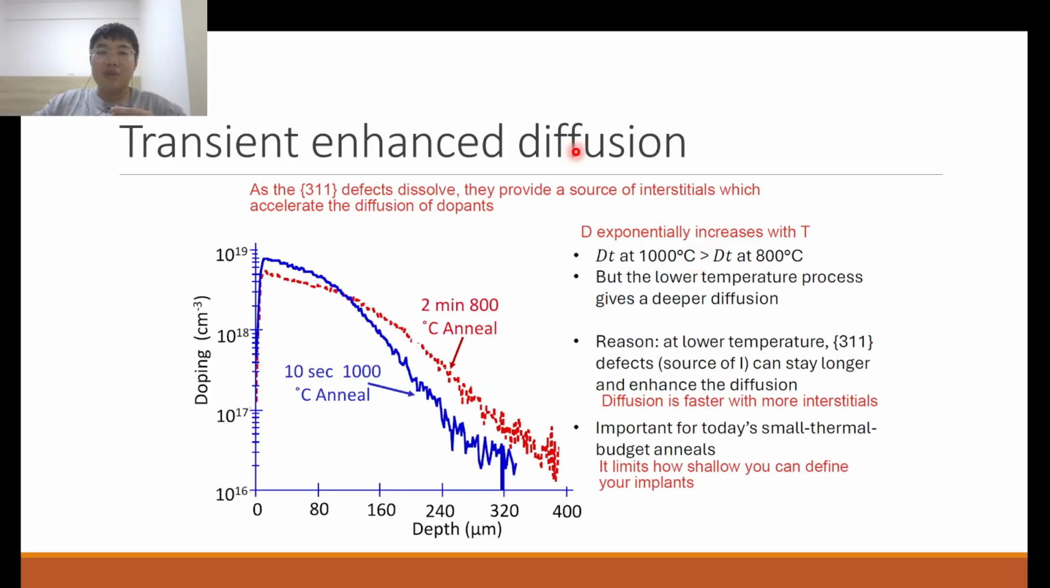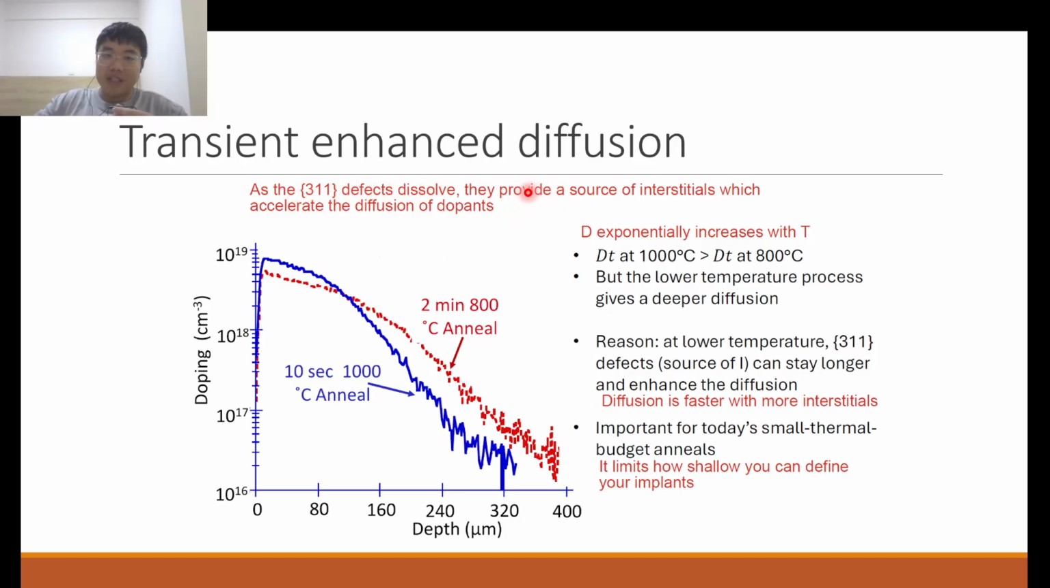Okay, now to talk about transient enhanced diffusion. This is caused by the 311 defects that I mentioned earlier. Let's say we want to anneal the material to get a better distribution of dopant atoms, but your 311 defects are still there. What happens is that these 311 defects actually undergo a dissolution process, and when these